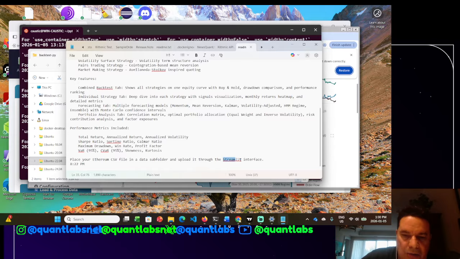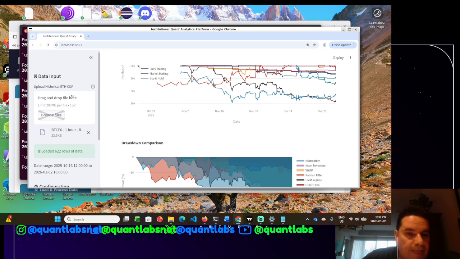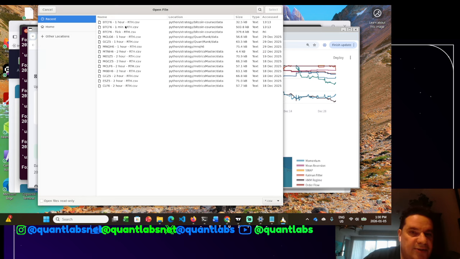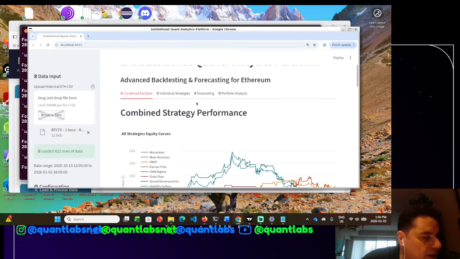Okay. And as I said, we're using Streamlit. So this is the Streamlit app. I've shown this pretty well for the last 6 months. This is the most effective one I've seen. We can load in any of our files. The tick versus the open, high, low, close are going to be very different. Okay. So this is the same data set, same everything, except it's now in Python from the JavaScript.